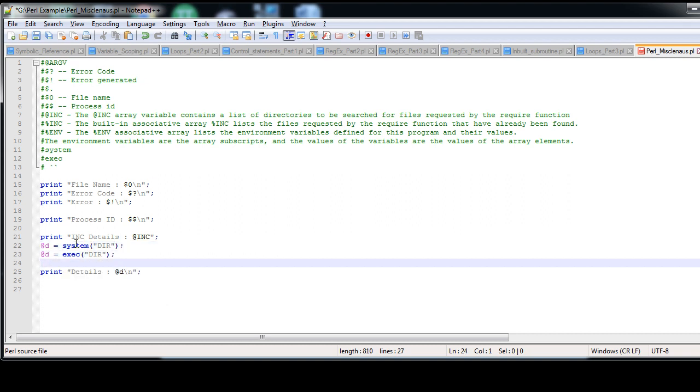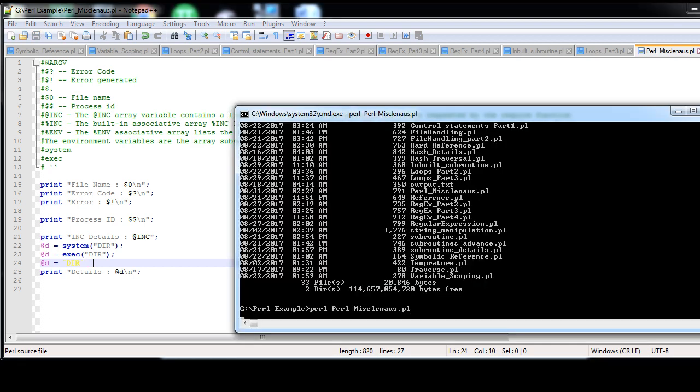Here, if I go ahead and use the backtick operators, and see what exactly I mean by this. So now if we go ahead and execute it,